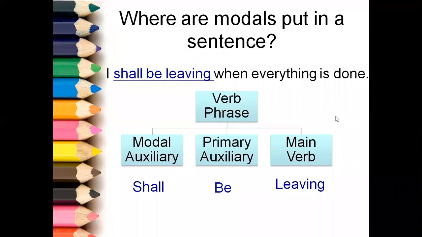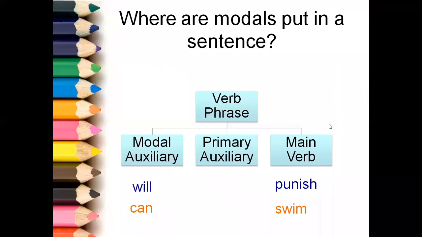By this structure, we understand that the modal verb always comes before the main verb. However, in this example, there is a primary auxiliary coming in between the modal auxiliary and the main verb. But it is not necessary that all sentences which comprise a main verb and modal verbs must have a primary auxiliary. The primary auxiliary may or may not be there, but in this example, it is there. So let us take some more examples.